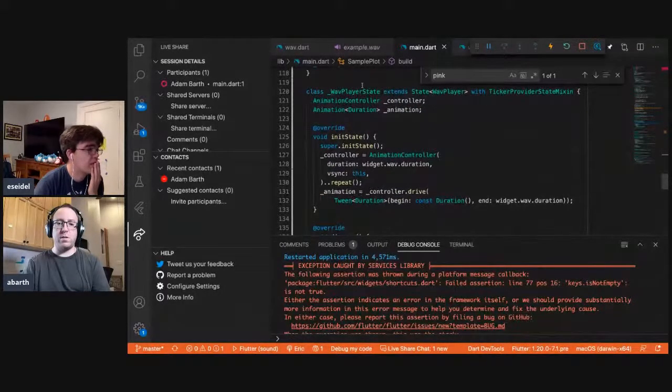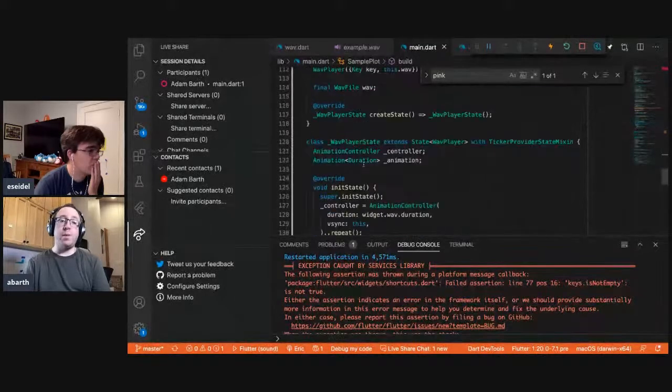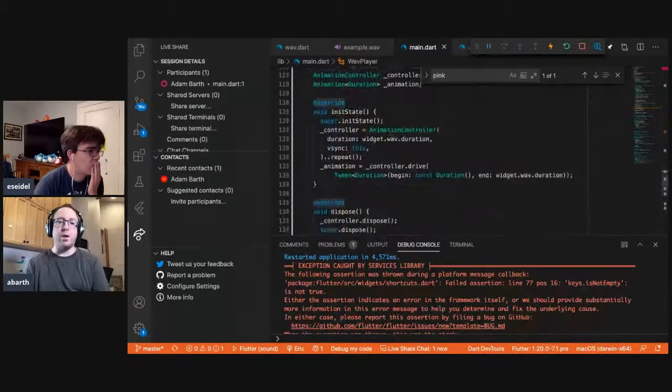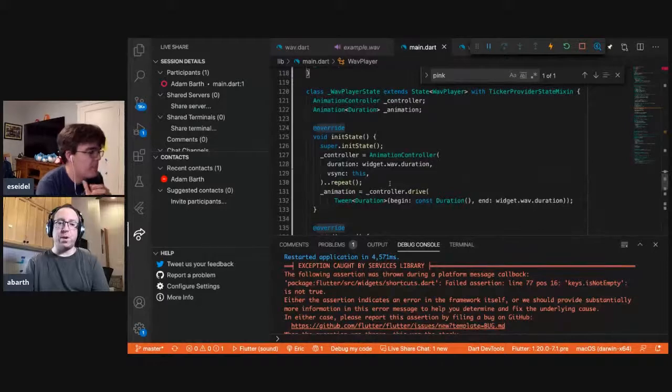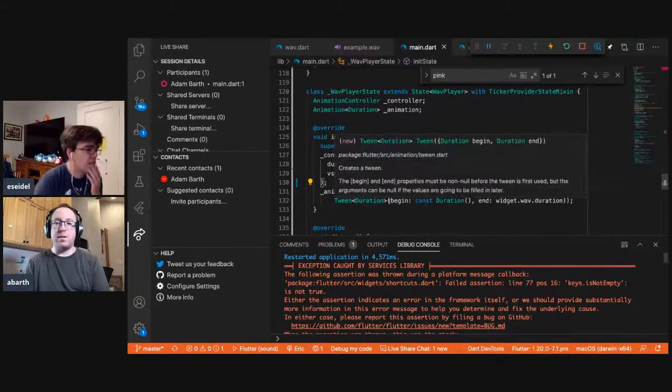So the controller is here in the wave player. Actually, maybe an even earlier part to start at is right now, as soon as we create the animation, we set it on repeat. So it's going. So I wonder if we should just take that part out so that we'll have the animation all set up, but it will be paused. And maybe we should have like a pause button and a play button and the scrubber or something like that.